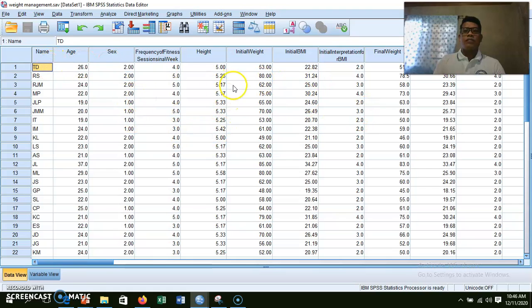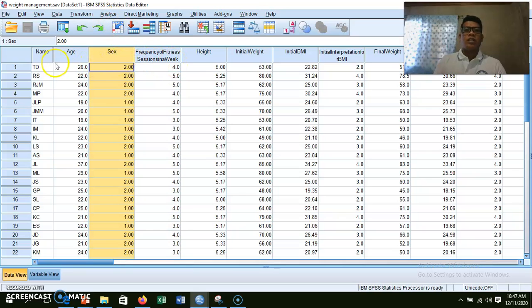Here we have the age, the sex, the frequency of fitness session, the height, the weight, the initial BMI, and the interpretation. But the first question a while ago is that we want to determine the sex of the participants. We want to count how many of them are male or how many of them are female.